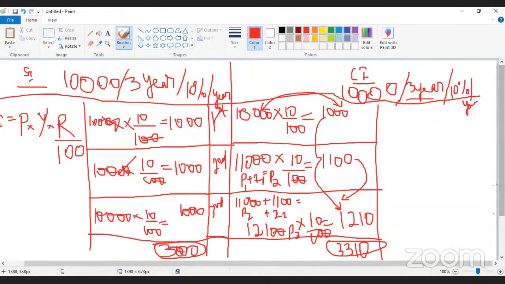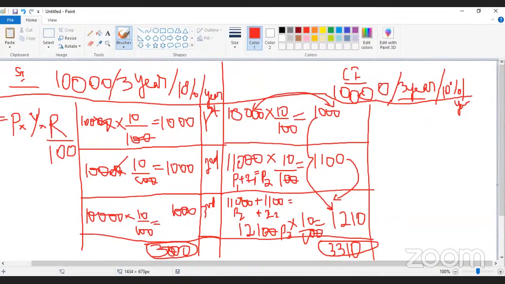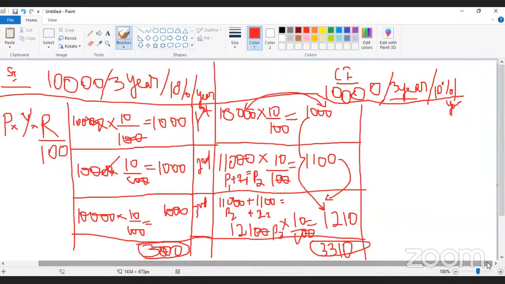Okay. I'm writing both the formulas over here. So compound interest is equal to principal amount times (1 plus rate, that means R by 100) to the power n. Why are we writing by 100? Because the rate is in percentage. That is why it is 1 plus R by 100 to the power n, where n is however many years, minus P, that means minus the principal amount.